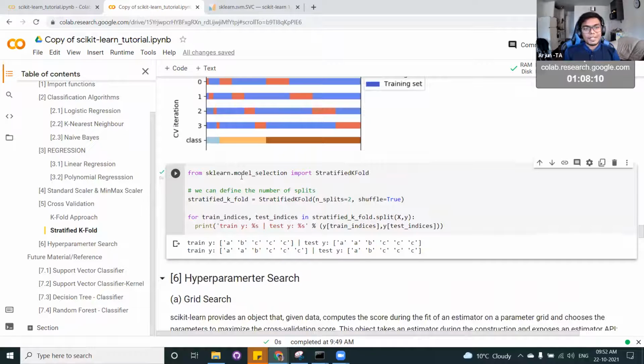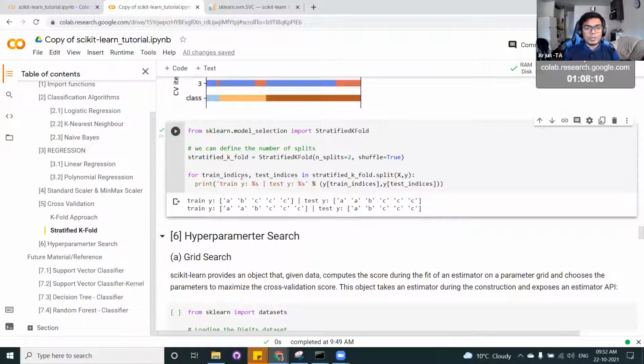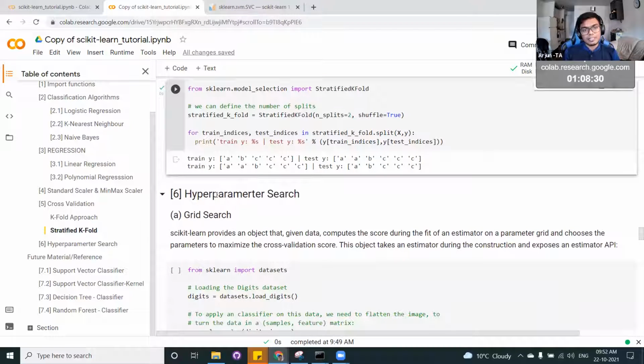Let's say you're working on a problem where you want to predict what animals you see on the pathways. Most probably you will see a dog and then a cat, people taking them for a walk, and less probably you will see a raccoon or some other animals. So there will be very few chances, but still you have to predict those things. In those kinds of scenarios, these strategies would be very essential for you.